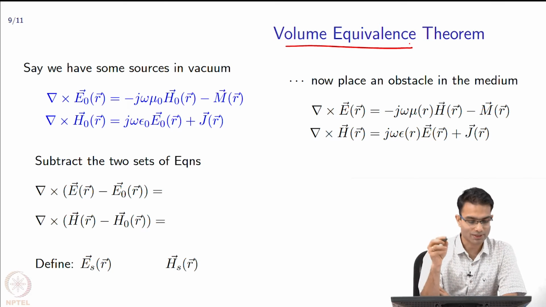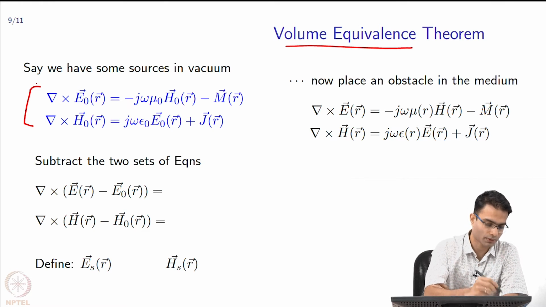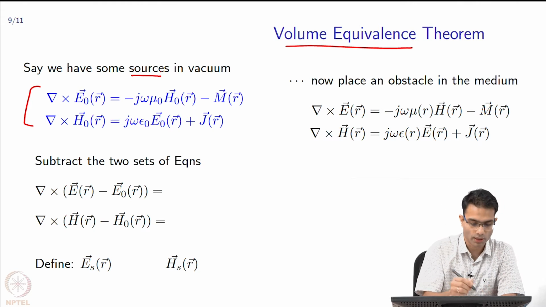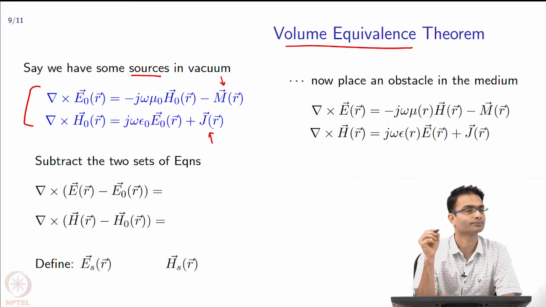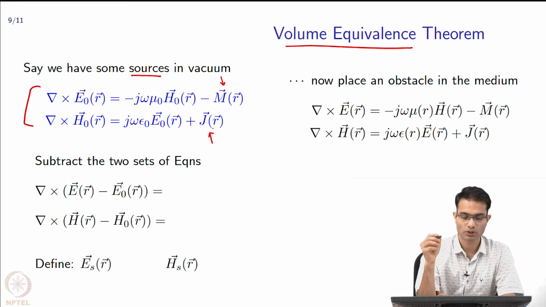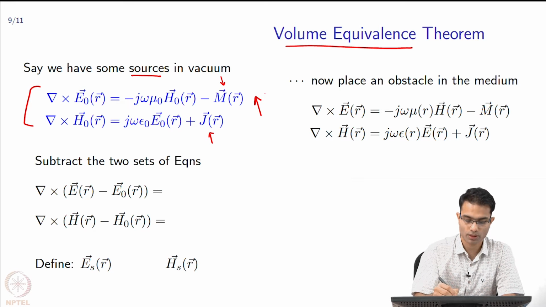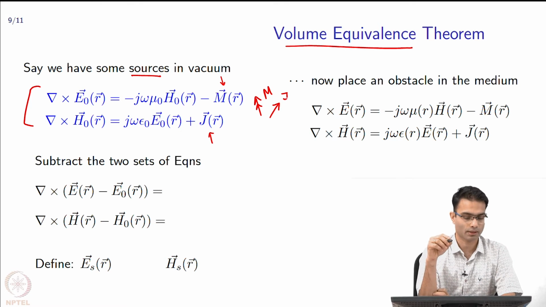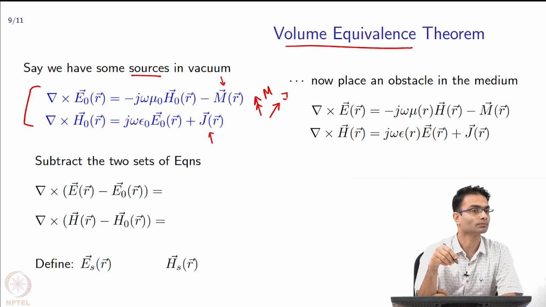Let us start with the left part of the slide. Say we have some sources, and these sources are given by M and J. Really simple. I have a current source M and a current source J. They are nicely radiating, and looking at this blue equation, you can tell that there is no object, because